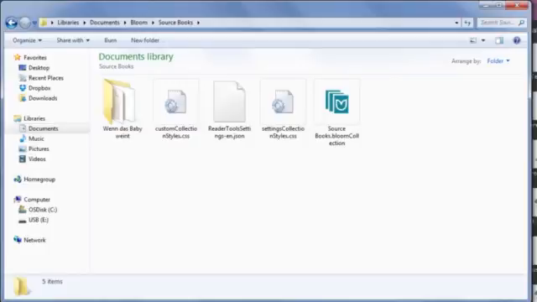On the other computer, locate the source collection. Copy the folder from the flash or network drive and paste it into this collection.